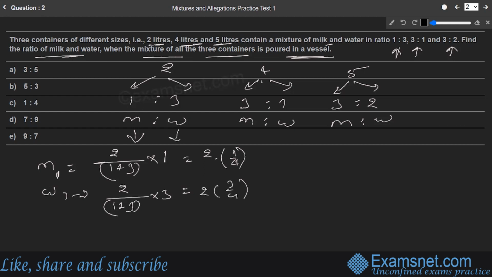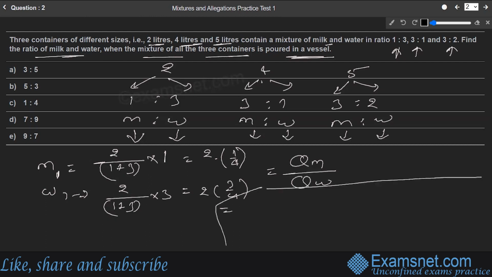So in this way we can find out each milk and water component in different mixtures, and we want to know the ratio of the total quantity of milk to the total quantity of water. That we can find out by total quantity of milk divided by total quantity of water, by adding each milk and water content to each other. Okay, so let us add the milk content. Milk content in the first part we have already calculated is 2 into 1 by 4. We can write down here 2 into 1 by 4 is the milk content in the first solution, plus